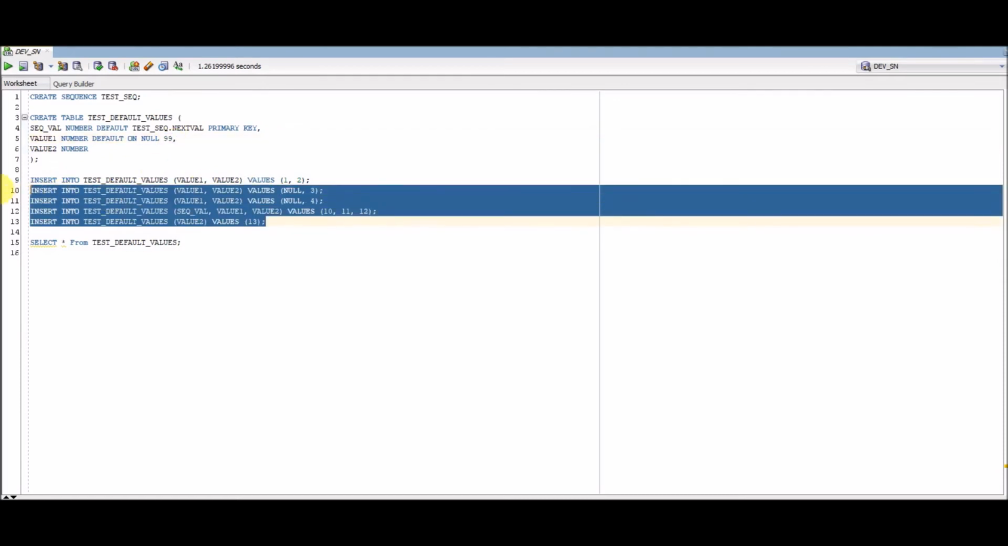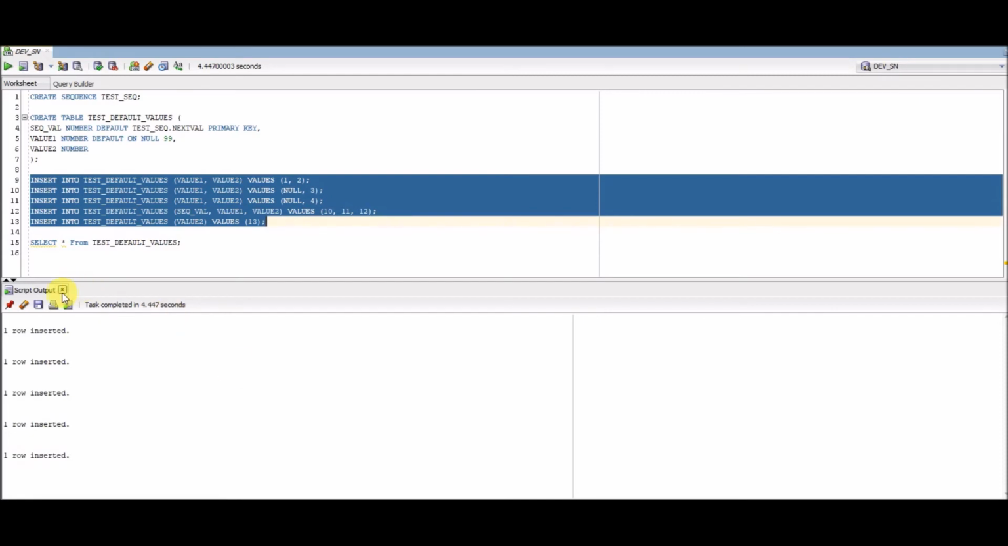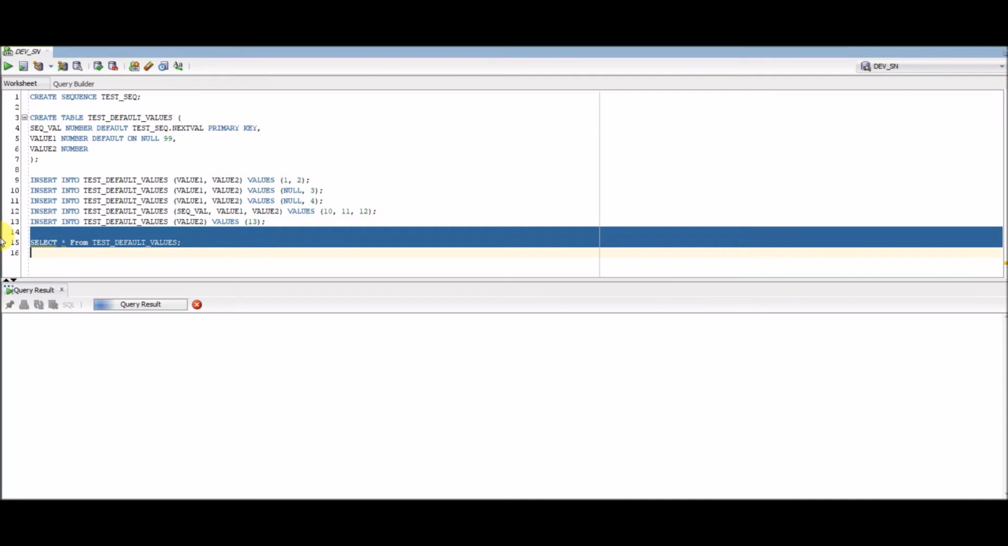So let's just try to insert all these values. So all the values are inserted. Now let's just see what we have in this table. So if you see this,